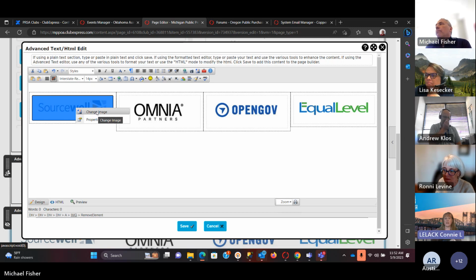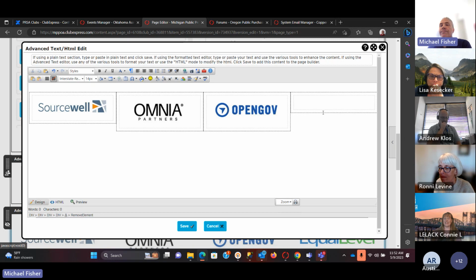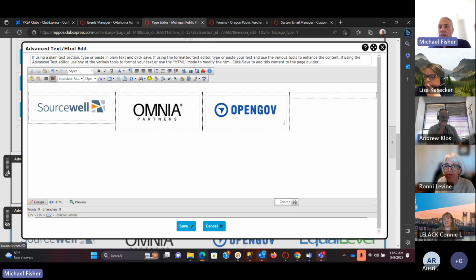So there's 4 here and I only need 3 and I can't figure out how to get rid of 1. Oh, if you put your cursor in there and go down to the bottom here where it says remove element and just remove it. Yeah, but there's still that box. If you keep clicking remove element, you're eventually going to get to the point where it goes away. There. Okay. And so then how do those distribute evenly?